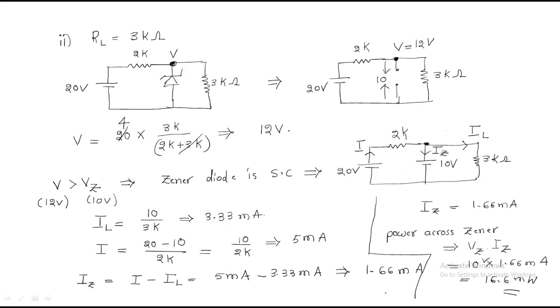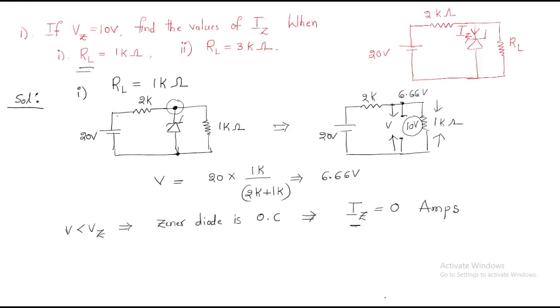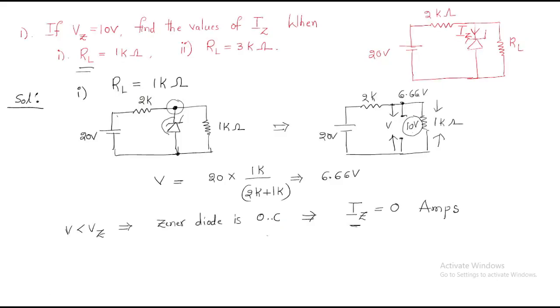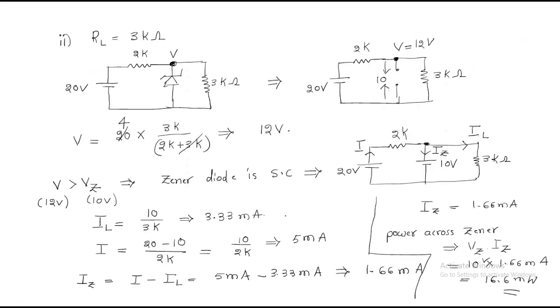So in this problem, the most important point is first you find out the voltage across the open circuit of the GNR voltage. Then you compare. Whenever the applied voltage at this point is more than this voltage, then automatically the GNR diode will turn on. On means it will get only 10 volts. Understand? Otherwise it will become reverse biased. This becomes an open circuit and this becomes the short circuit.